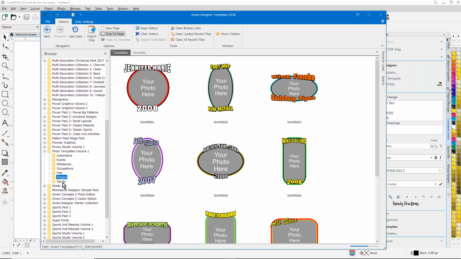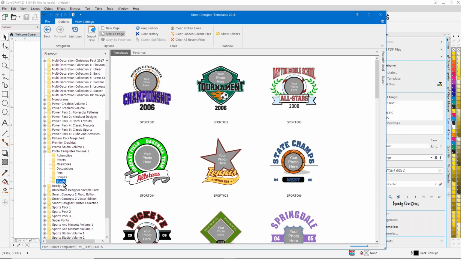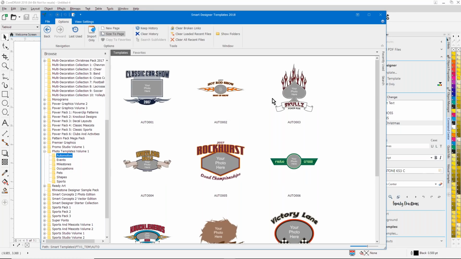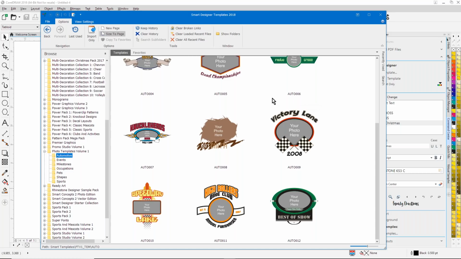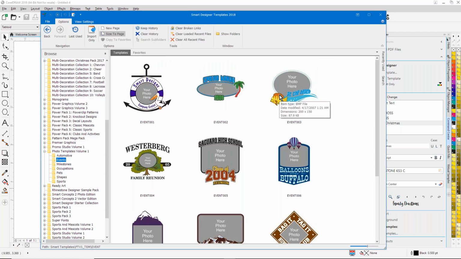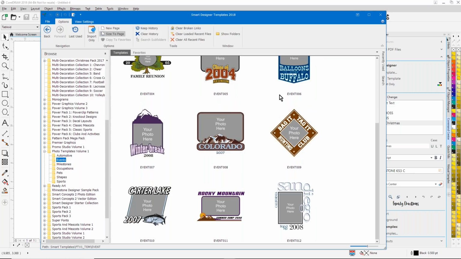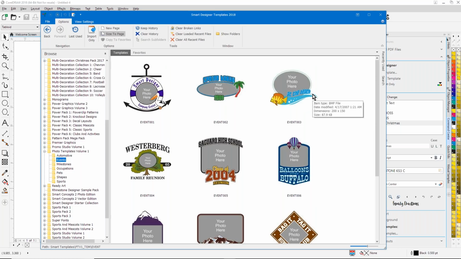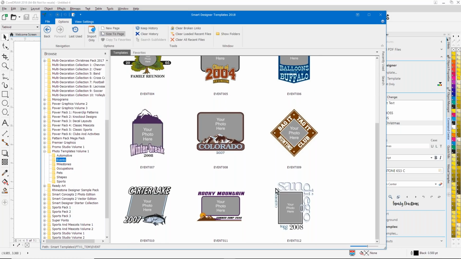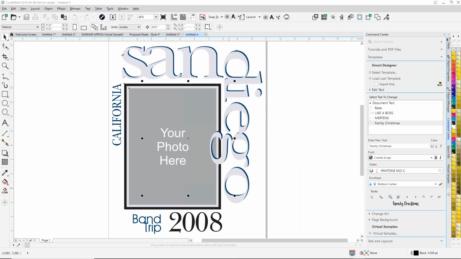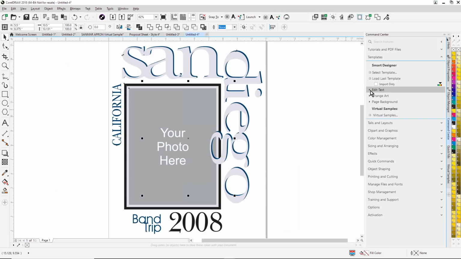So we could do a little standard shape, do a little sports thing going on there. So I just got to find the one, I've got to feel it when I see it. So I think I'm going to go to events, and we're going to go old school right here. And we're just going to name drop that. So we're going to say,